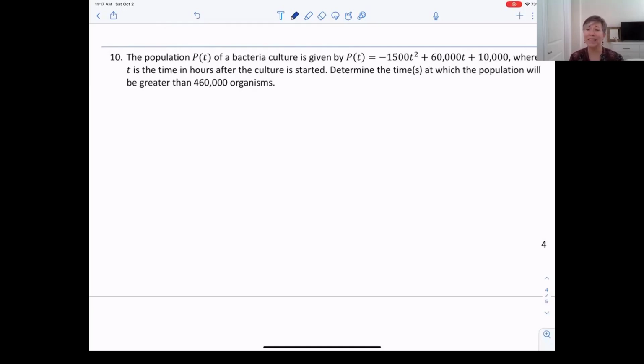We want to determine the time or times at which the population will be greater than 460,000 organisms. So if we were to write this, we're looking at the function negative 1500 T squared plus 60,000 T plus 10,000 to be greater than